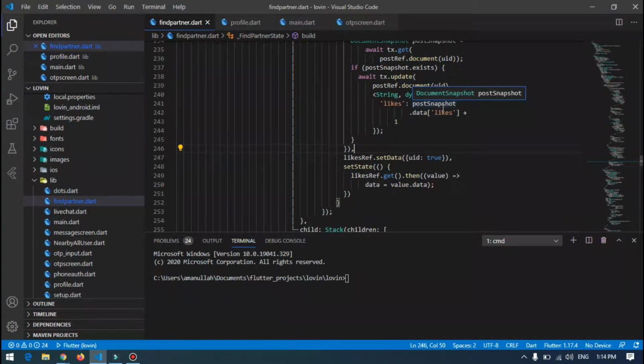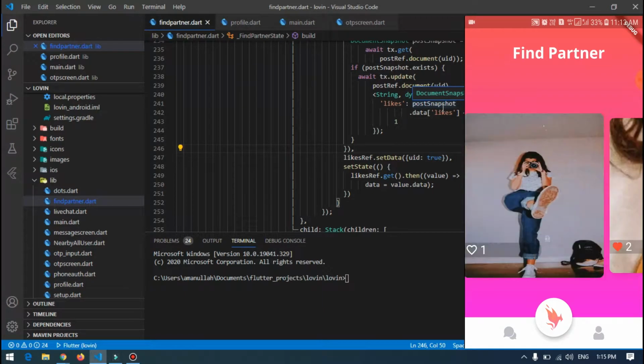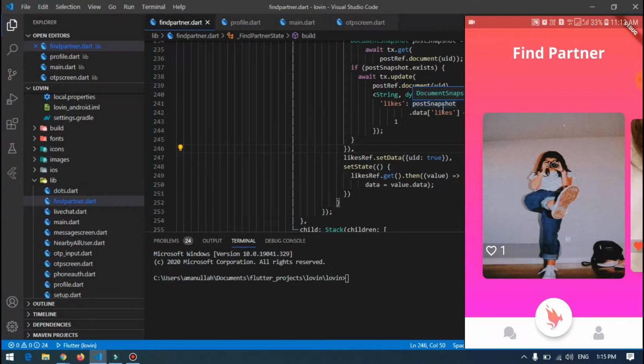Hello guys, in this video I will explain how we can implement the like and unlike system in your post using Firebase and Flutter. As you can see the device in the corner, we have an application which is having two posts in the screen, and whenever I double tap on a post it is going to like the